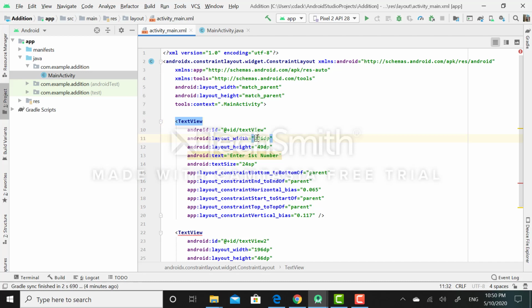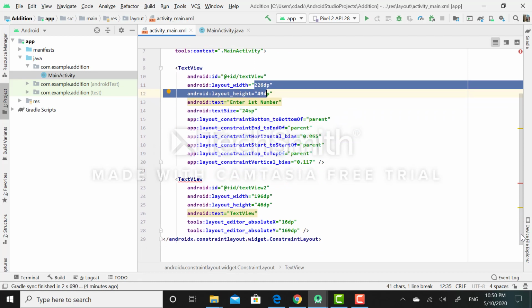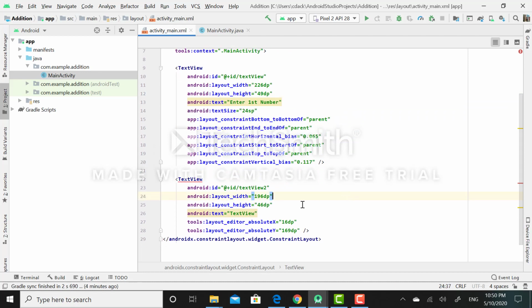So this same parameter I will apply on the next text view so that both will look alike. So I will reset the width of the next text view widget to 226 dp, and for height I will change from 46 to 49 dp.